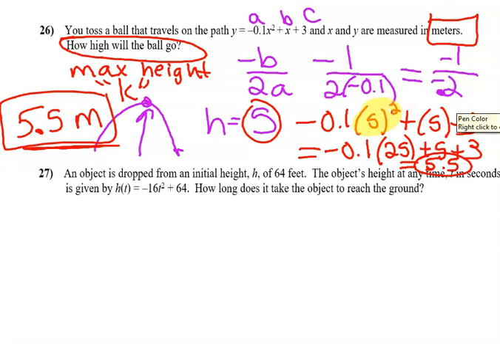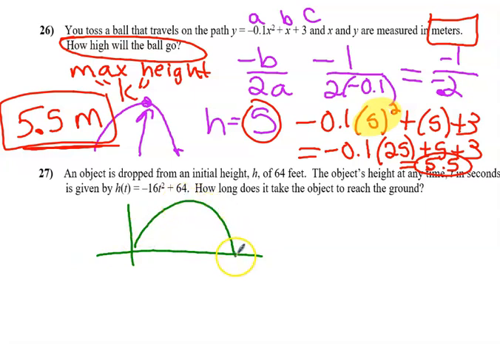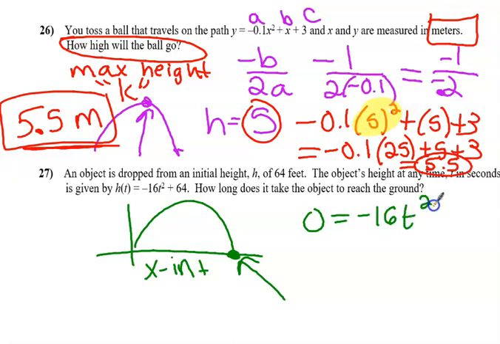All right, an object is dropped from an initial height. The object height at any time in seconds is given by this. How long does it take for the object to reach the ground? What it's asking for is where does it hit the ground? They're asking you to find the x-intercepts. So what you're going to do is make this equal to 0 and actually factor. Okay? Now this